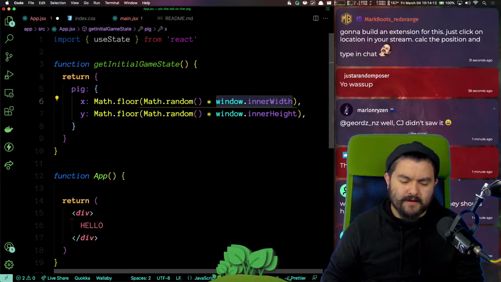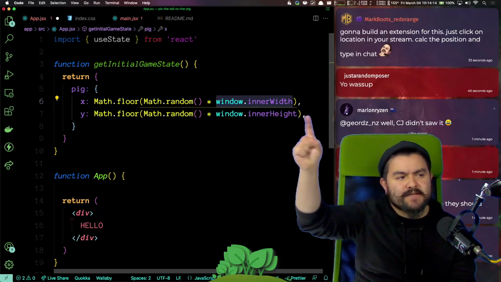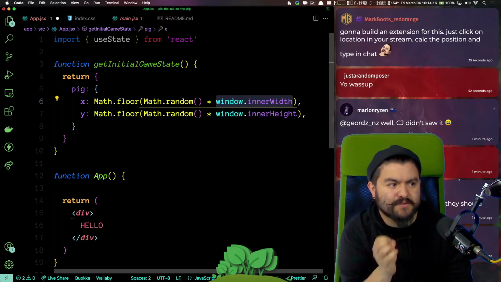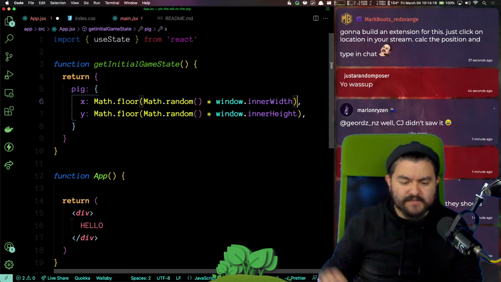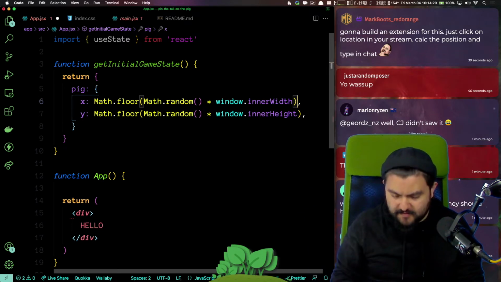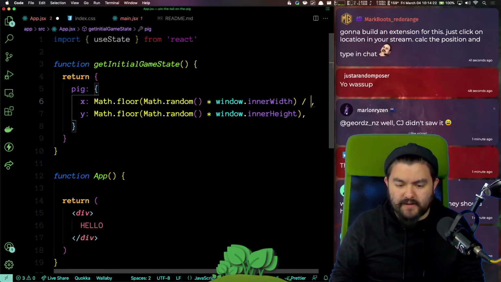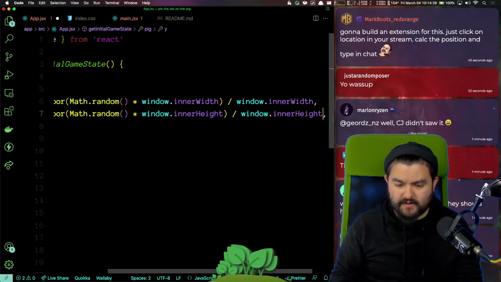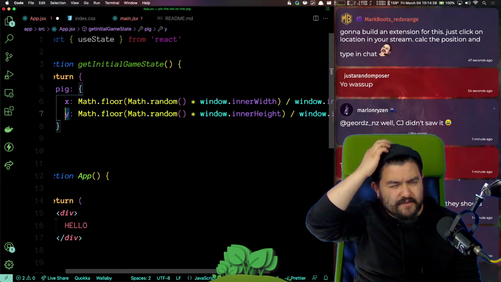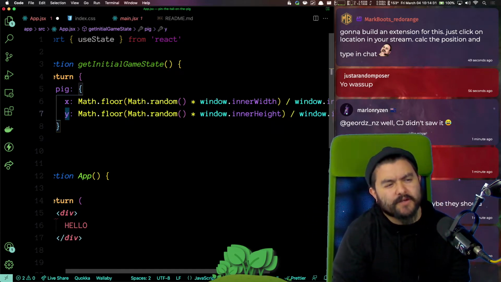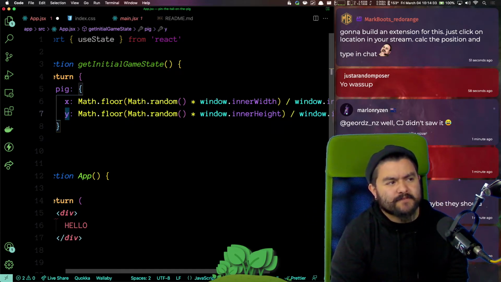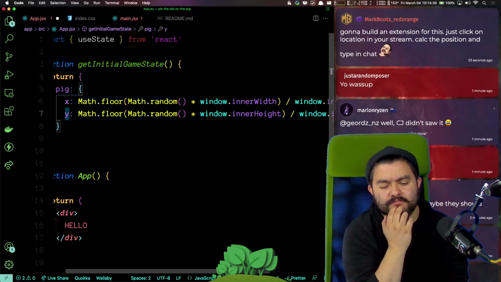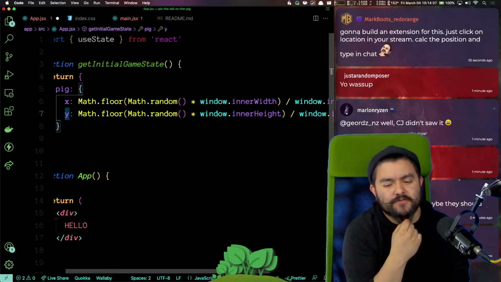Cool. And then I'm actually going to have this be a percentage value instead of an explicit XY coordinate. So we'll take this random value and divide it by the width, and take this value and divide it by the height. So now we have an XY that is a percentage of the screen, instead of an exact pixel coordinate. And I think that's how you'll do your guessing as well.